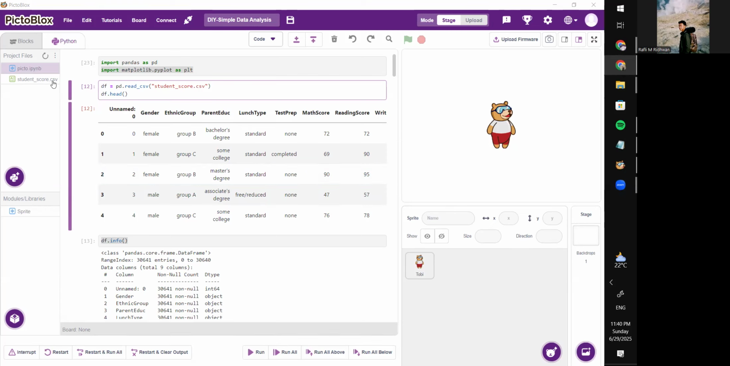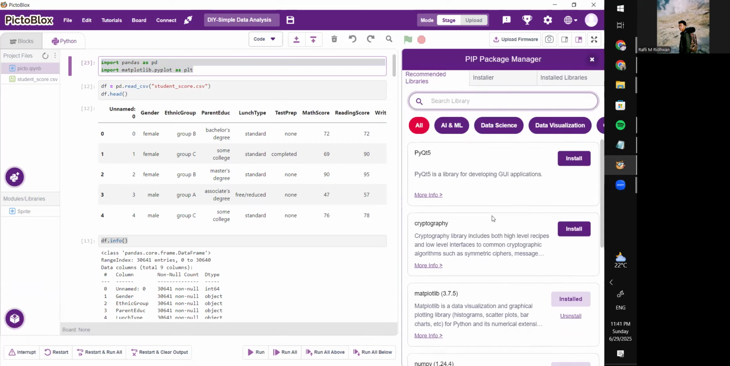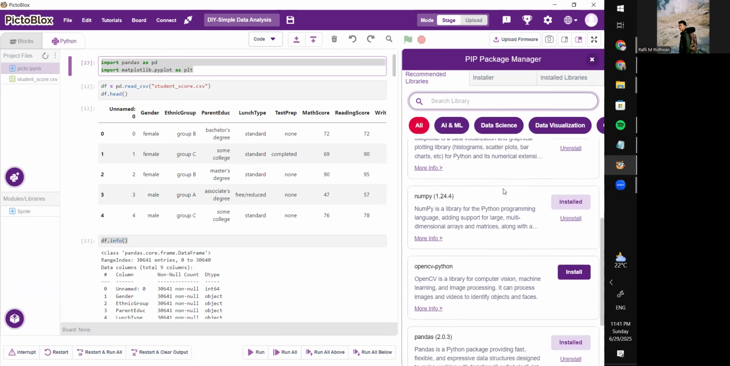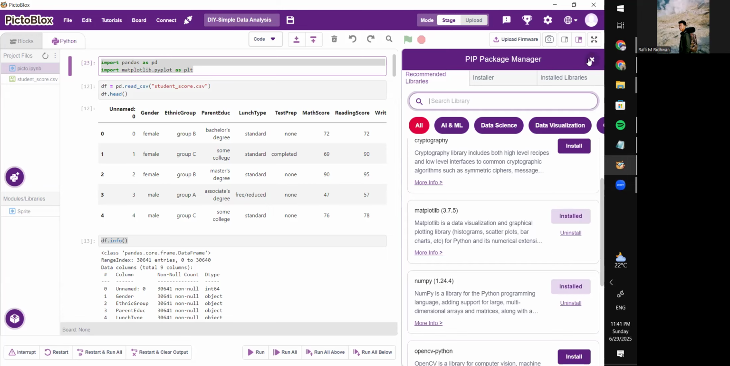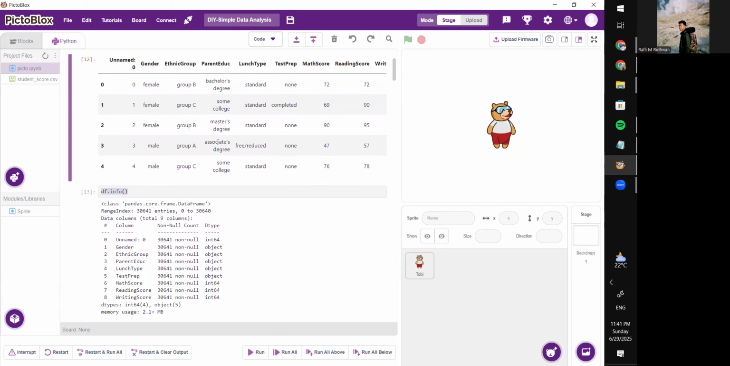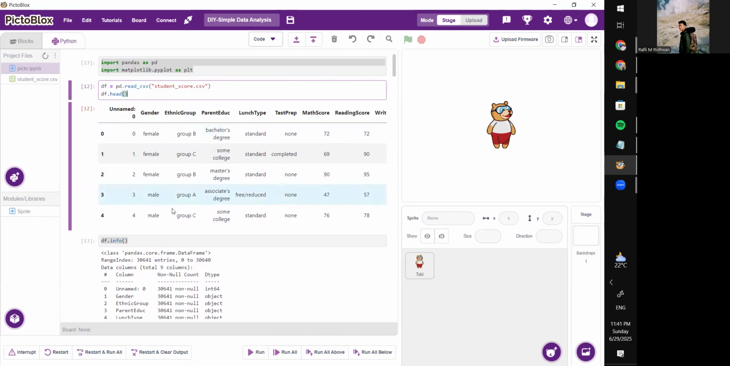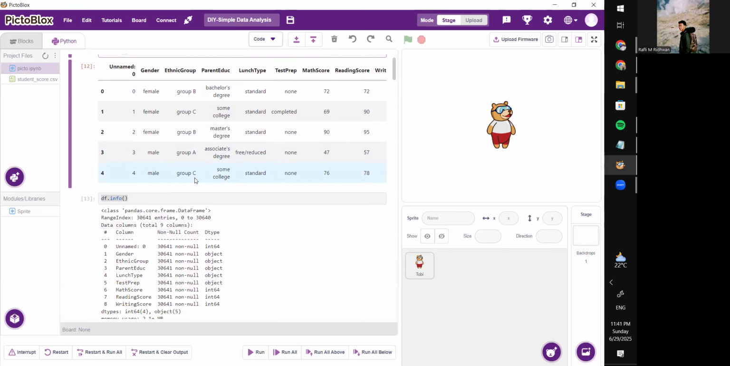renamed it to studentscore.csv. So first, I load the library or module, but before that, you must install the library in here. I installed it, and moved on to load the data and show the 5 rows of the data to see the data,